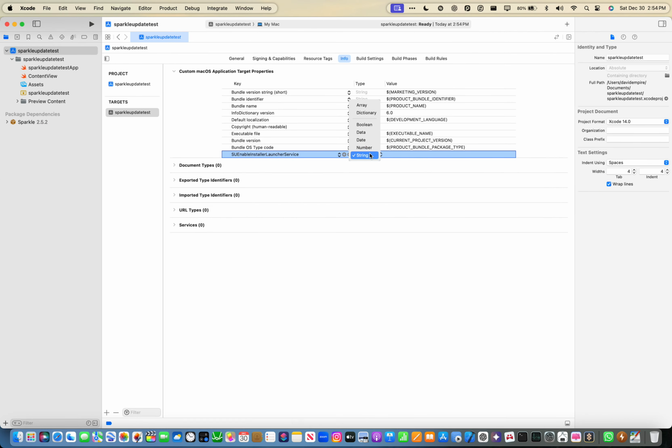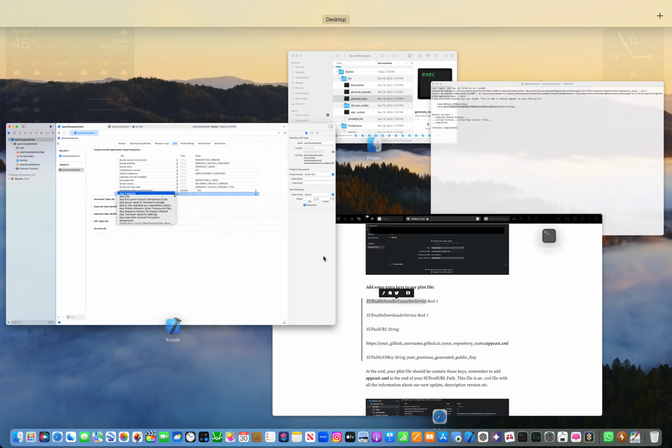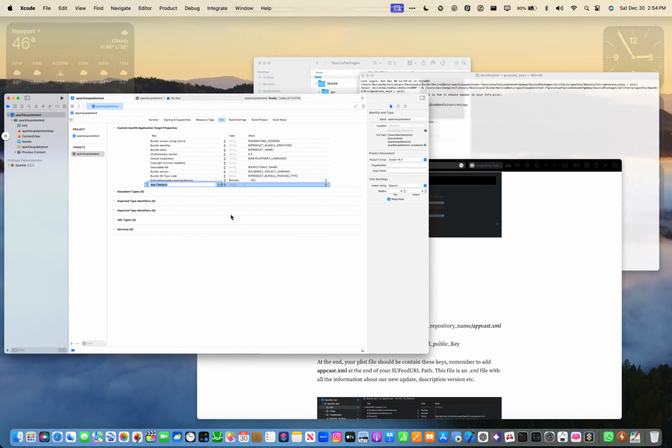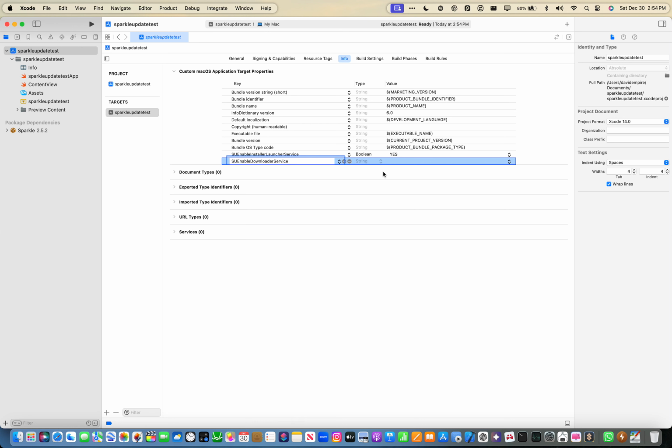It's a Boolean, and it'll be yes. So yes, we are going to enable that. Next thing, SU enable downloader service. It's also a Boolean. So we're going to enable that. Yes. Next thing